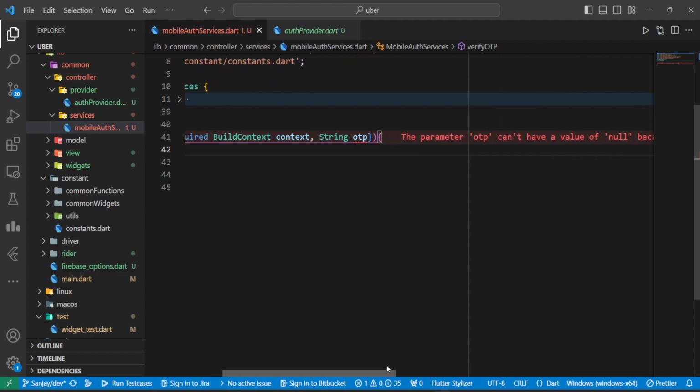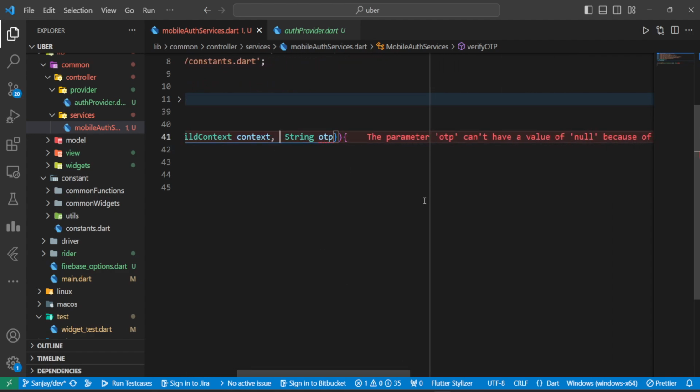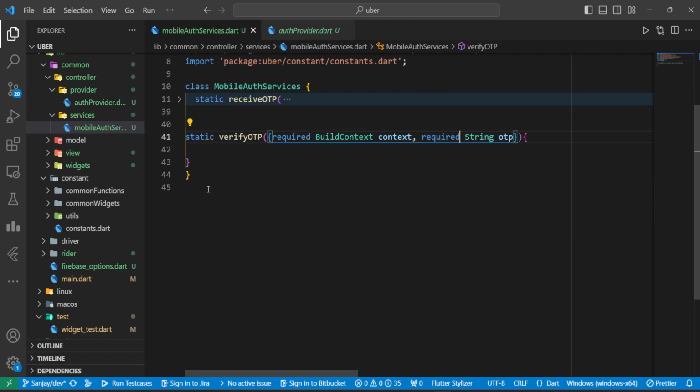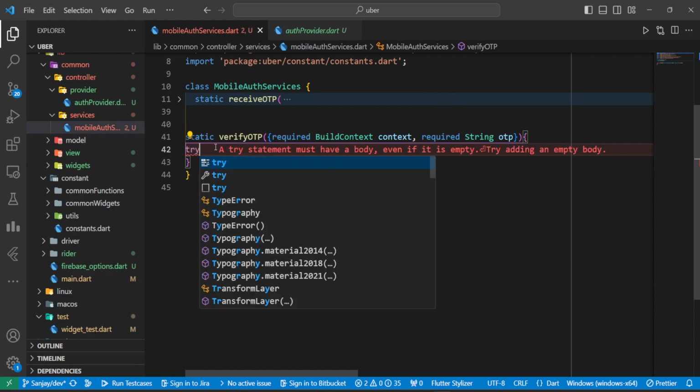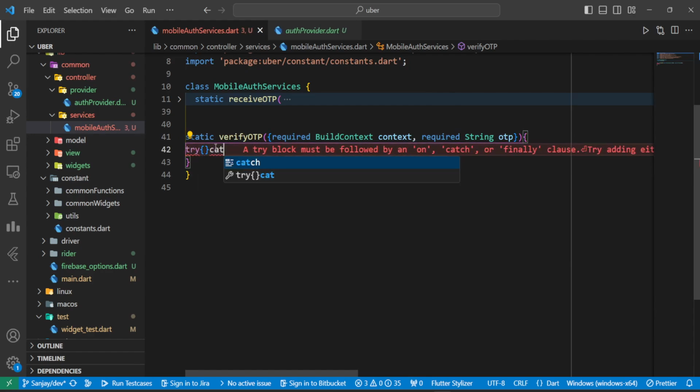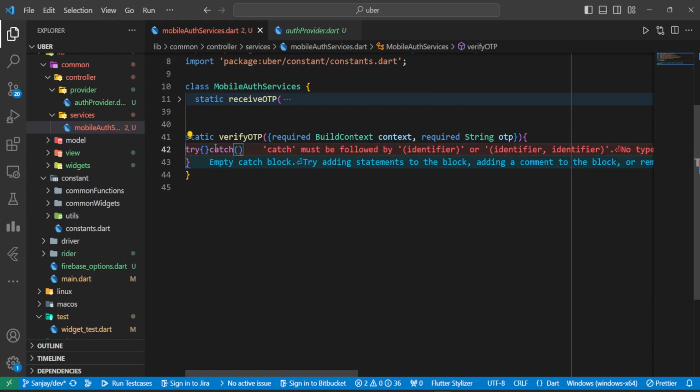The parameter OTP can't have a value null. Okay, it's going to be required. I missed required. So here again we will be going with try catch, and inside catch we will go with E,